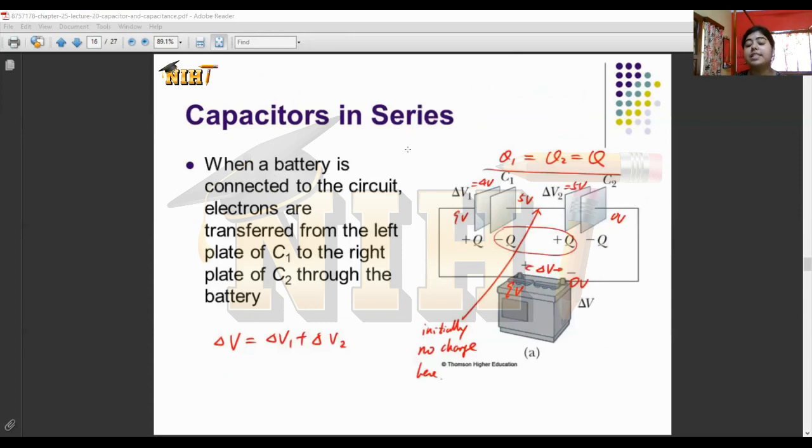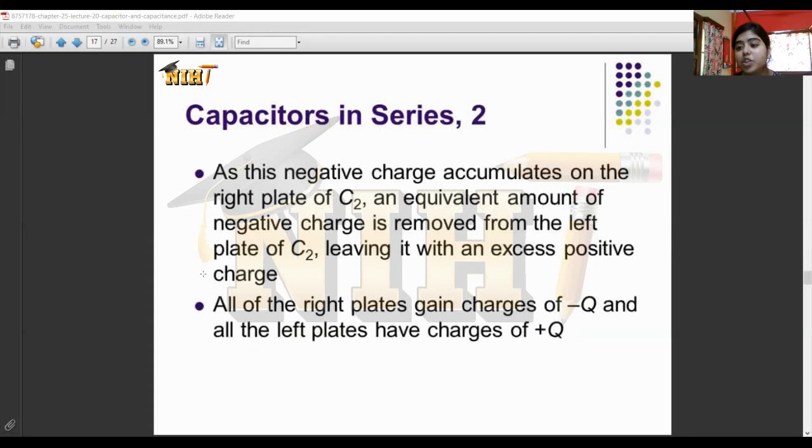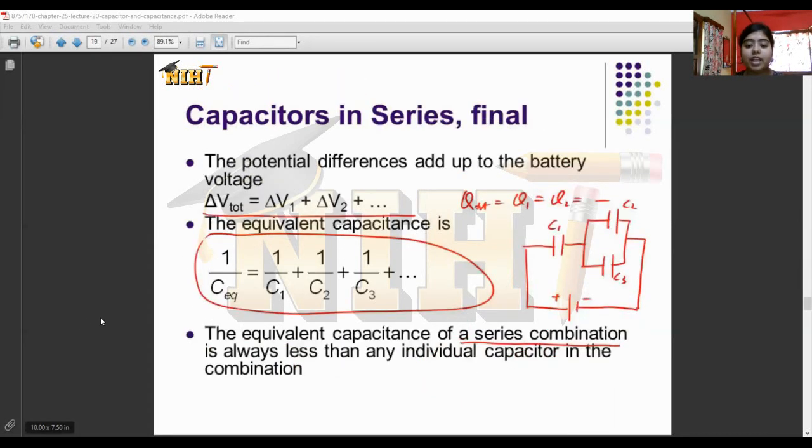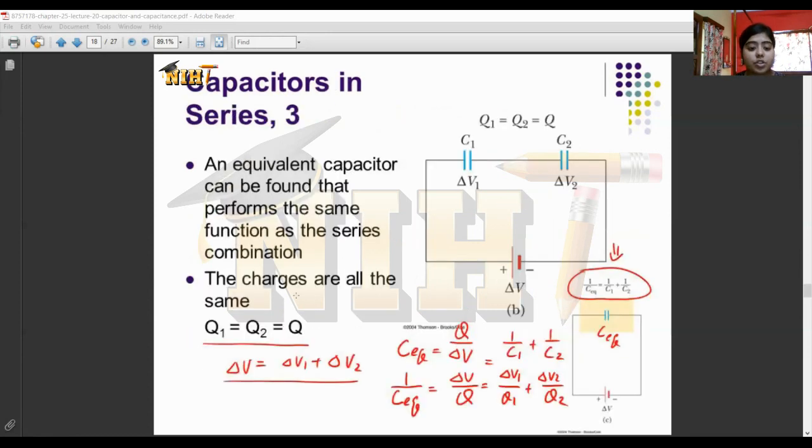Now the capacitors in series. If we talk about two capacitors connected in series, then definitely the potential differences are not the same, but what is the same? The charges are the same. So Q1 is equal to Q2 is equal to Q, but the potential differences are delta V1 and delta V2 for the two capacitors. Now if we replace the whole arrangement by an equivalent capacitor and calculate it, we can see that